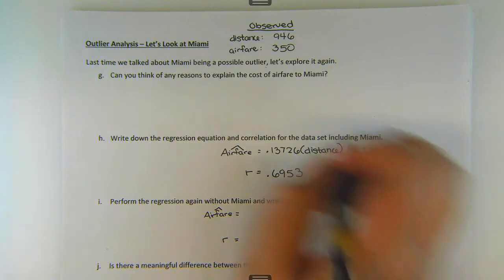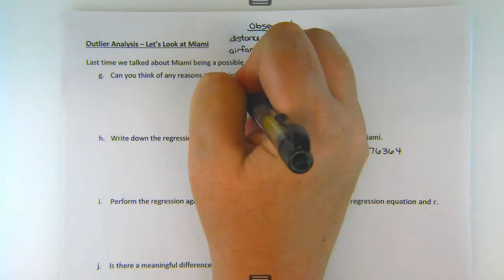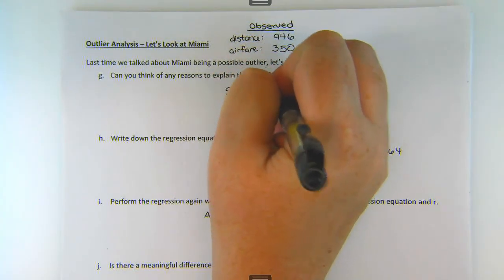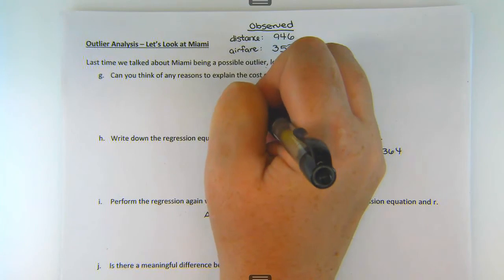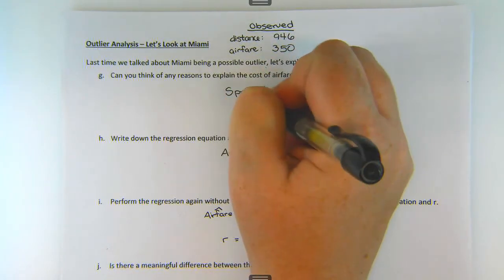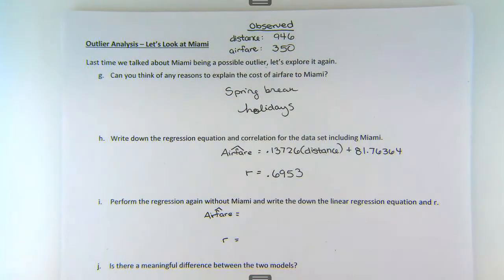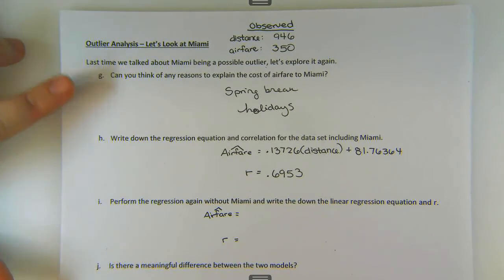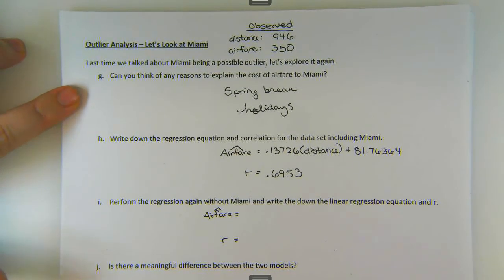Traveling to Miami, maybe it was spring break or the holidays. There could be all sorts of factors that would make those tickets more desirable, and the airline often notices that and will bump up those prices. So there could be different factors that make this cost so much higher than what we would have